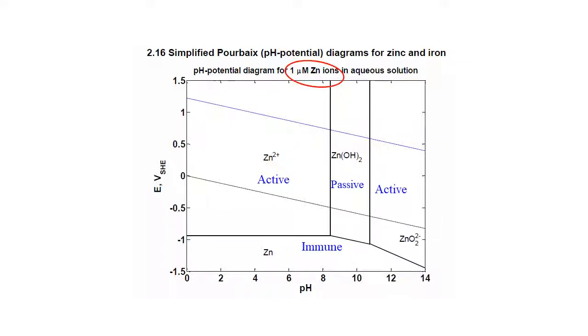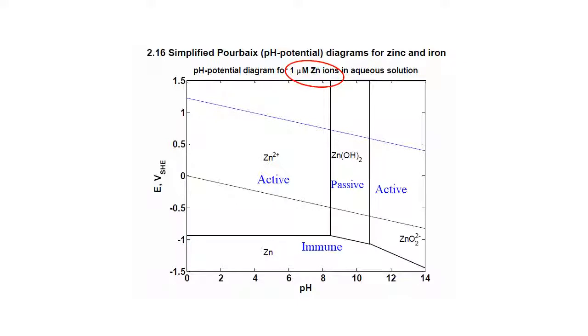If we have mildly alkaline solutions, we have the zinc hydroxide forming a passive surface layer. So this is important in corrosion protection in practice. And if we have very alkaline, then, as would have been the case if we looked at the full diagram for copper, we have this other dissolved zinc ion, which is stable,